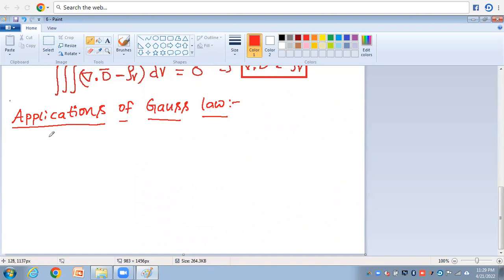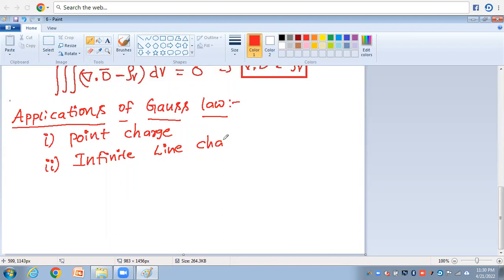The first application is the point charge. The second application of the Gauss law is the infinite line charge. In this discussion, you have to concentrate on the equations. Better you remember these equations, which is very helpful for the problem-solving part. Then the third one is